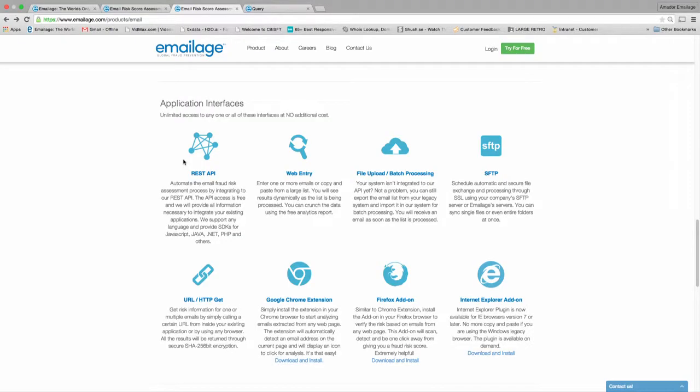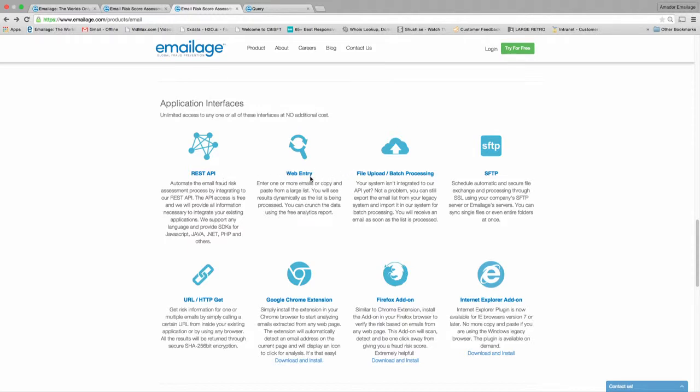About the usage, it's super simple to use our service. We have more than 7 ways to use the information. First one is starting with API. We have a REST API where you can connect to our database, and in less than 800 milliseconds, we are able to validate that email, collect all the data associated with that email, and then give you that data back along with a risk score. That risk score is what you can use to either approve that transaction faster or send it to manual review.